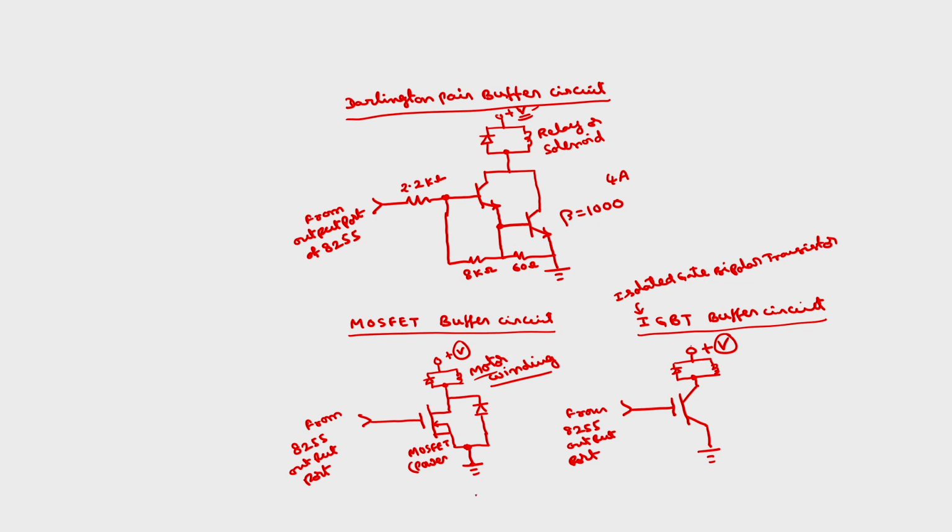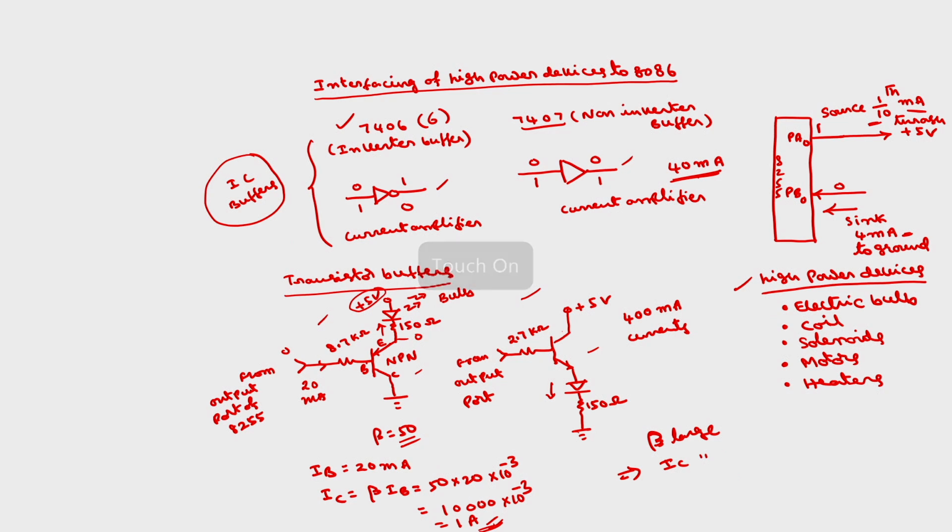So, using these two configurations, we can obtain output currents of the order of 400 amps. Now here you can go up to 400 amperes, which will be enough to drive the motors. You can use a DC motor or a stepper motor. Even if I want a further increase in these currents, such as a heater requires very high current, for that we can use another circuit using triac based circuits.